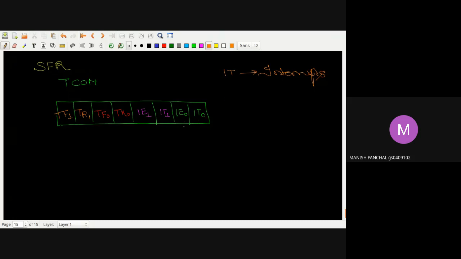But there is one key point: before getting the interrupt into any type of microprocessor or microcontroller, there is an internal flip-flop available. The name of this internal flip-flop is called IE, which is interrupt enable. मतलब क्या, मान लो आप किसी से मिलने गए है ना, मान लो कॉलेज में डायरेक्टर से ही